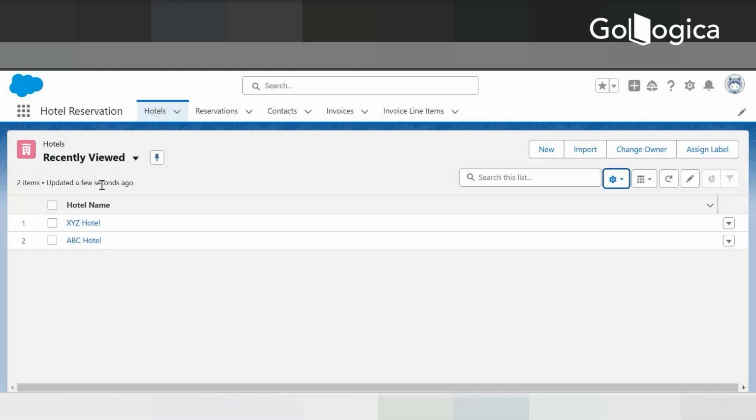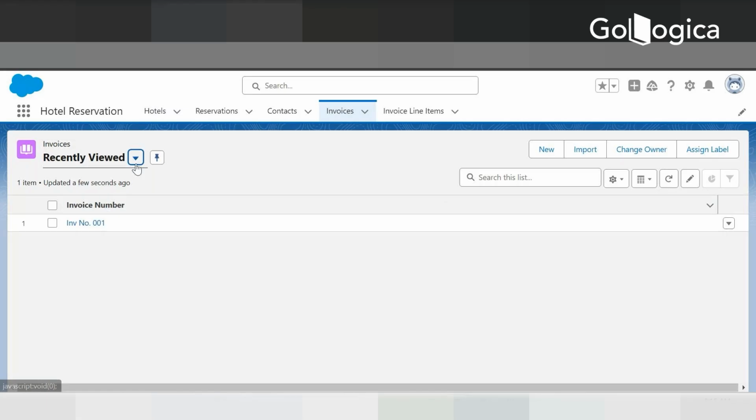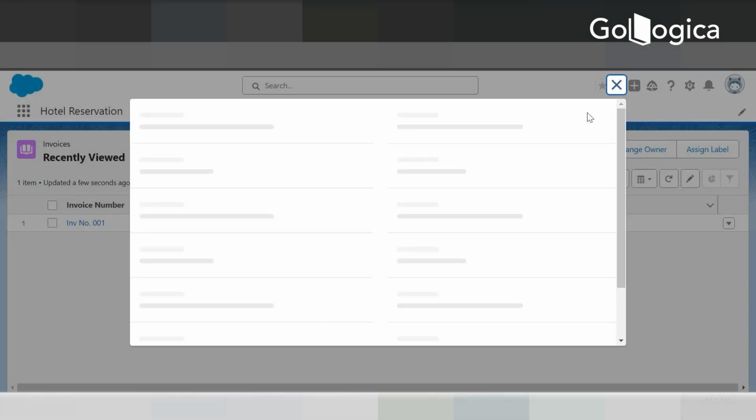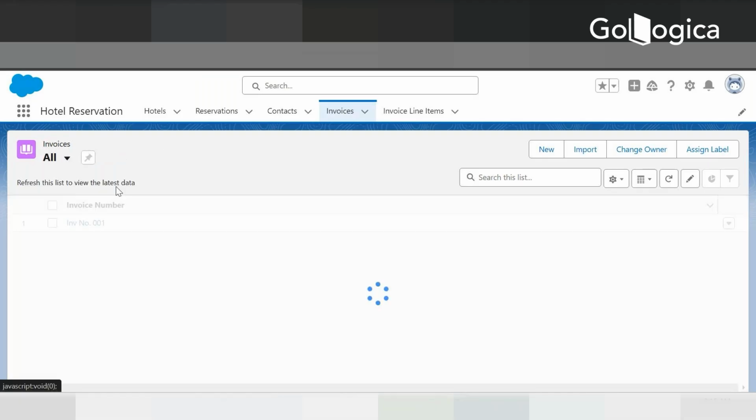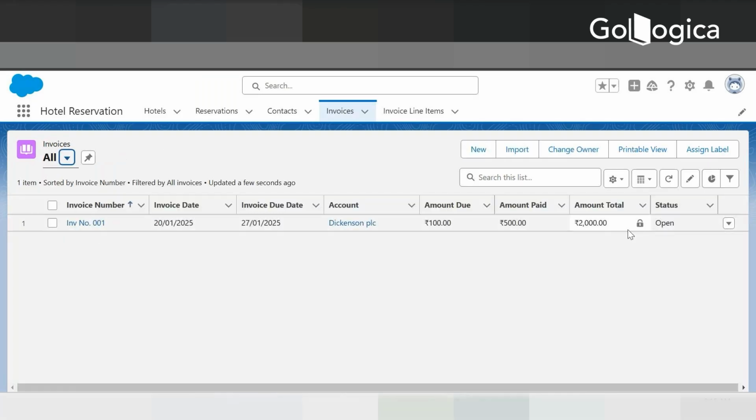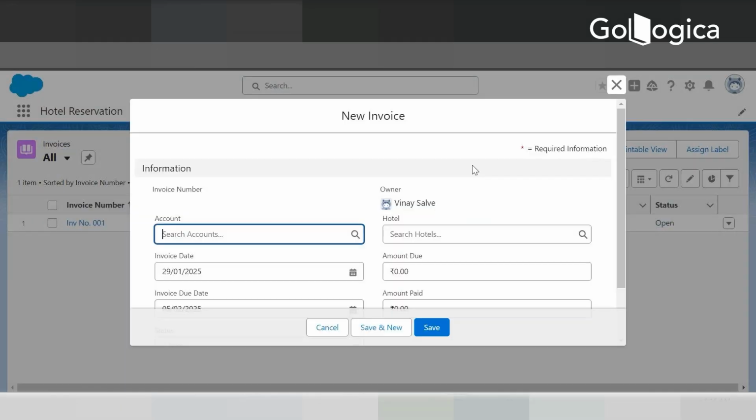So right now I've shown it for hotels. We can also do it for others. So say for example, I have multiple invoices over here. But what I want is to only see the invoices which are not paid yet. So I think yes, status is open. So I'll go over here